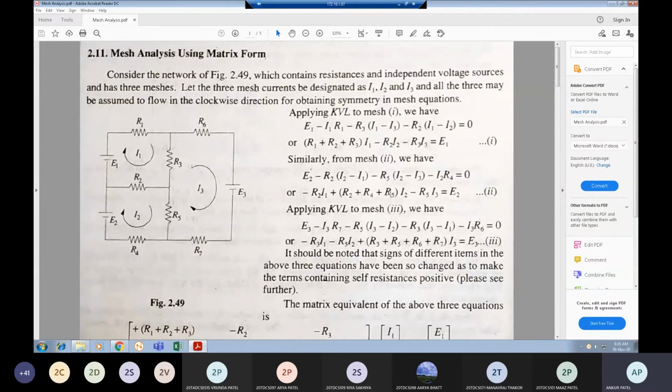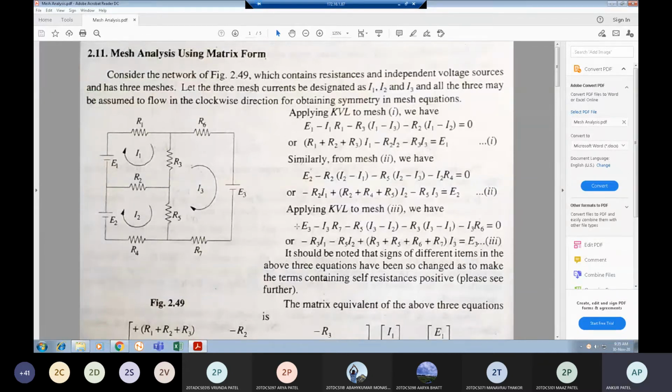Sir, but in the upper equation E3 is only positive. E3 equals positive, and on the other side it is also positive, so when it moves across it will still be positive. So the equation is wrong, isn't it? Yes, this should be minus E3. So that becomes equal to E3 here in equation 3 downward.